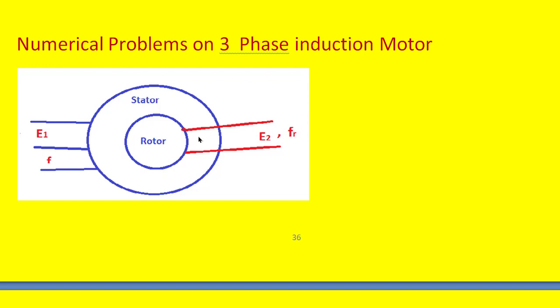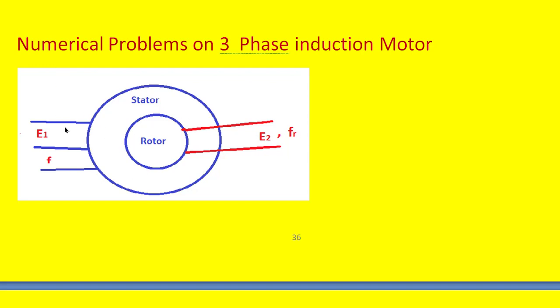And that flux links with the rotor conductors, and rotor conductors induce current in its windings if the windings are closed. And the rotor is of two types. One is called the squirrel cage type. In case of squirrel cage type rotor, the windings are bars which are within the surface of the rotor. Whereas in case of slip ring induction motor, the windings are also connected to an external star connected resistor arrangement which is variable in nature.